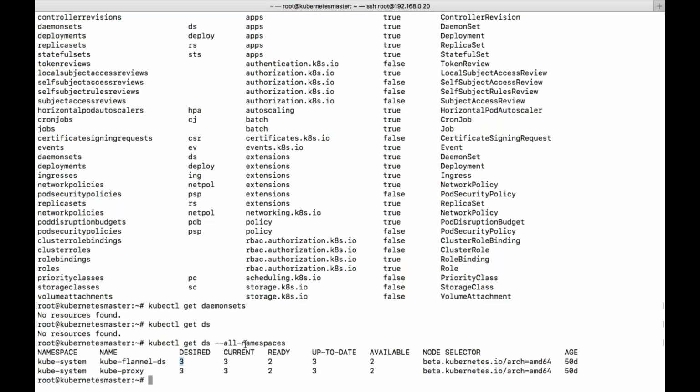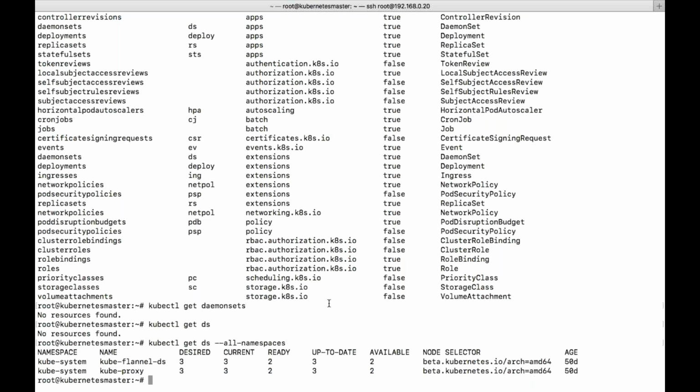Two are running, and one node is down, so available is only two, because the third node is not available. Here for proxy, desired is three, but two are ready and two are available. So one particular pod is not available.